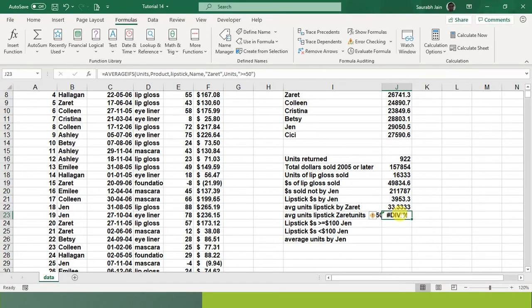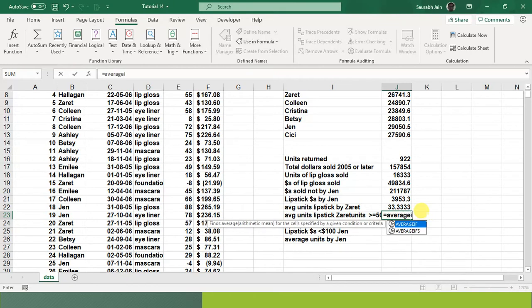There's some mistake I did. AVERAGEIFS units, product lipstick, name, units greater than or equal to 50. Let's do it. So is equals to, let me check what I did. If I say control Z, AVERAGEIFS units, comma, product, comma, lipstick, comma, name. For me, look, everything looks good, but instead of checking, let's apply again.